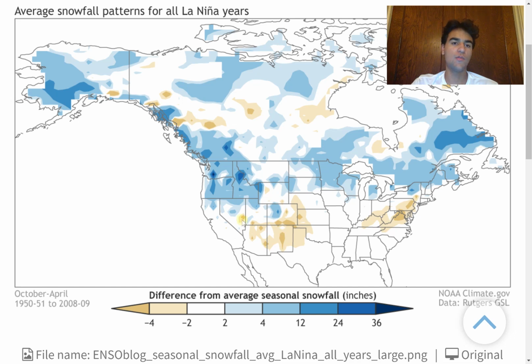And the only areas where we see less snowfall than average during a La Nina year is right around the southwestern portion of the United States and portions of the Appalachian Mountain ranges. However, thanks to the fact that we're going to be in a negative North Atlantic Oscillation, I still believe that a large portion of the Northeast, where you typically receive less snow than average during a La Nina, will still experience higher snowfall than average, thanks to the fact that the polar vortex is expected to be weaker this year.